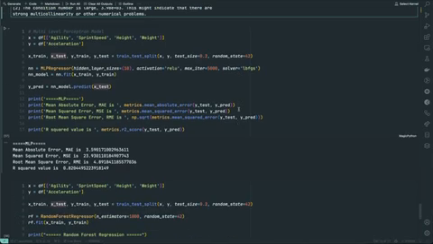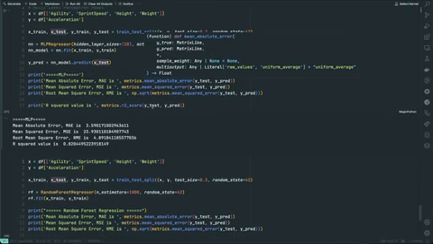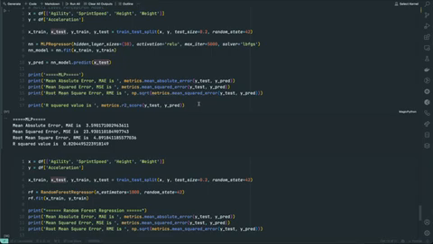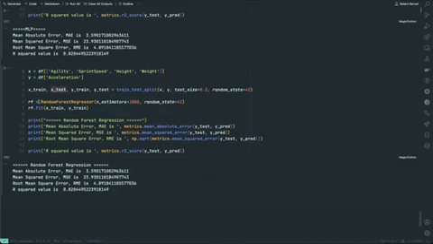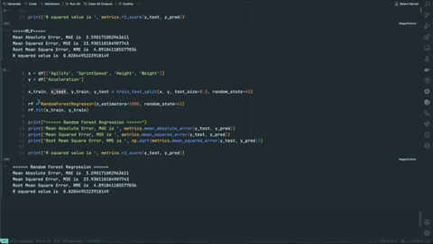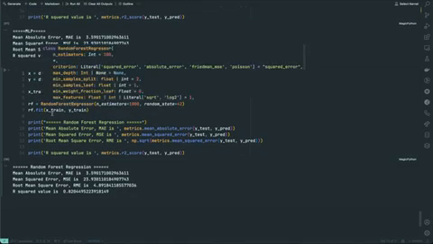Next, the model we develop is the multi-layer perceptron model. And here we are doing much of the same things we did for the linear regression model, where we build the model and then make a prediction. We then use the same values to determine how the model performed, and then the results are displayed here also. Lastly, we build a third model, which is the random forest regression model,